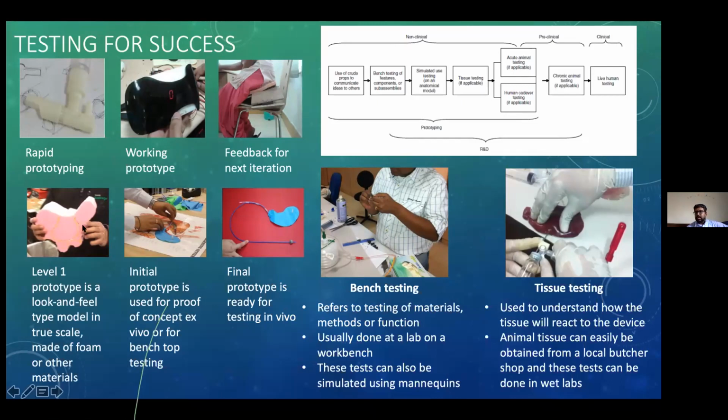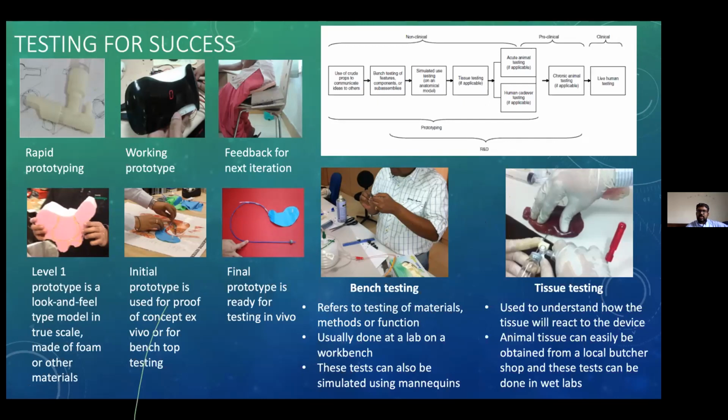This is a foam model of a hip implant that somebody is trying to cut out. That's a model of the stomach. So we just used a balloon and a tube to make a model of how the stomach works. Here I am building a prototype for a device that was designed to stop internal bleeding. And then on the right hand side, we tested our biopsy device using some tissue that we got from the local market, and tested it to see whether our needle was actually working or not.